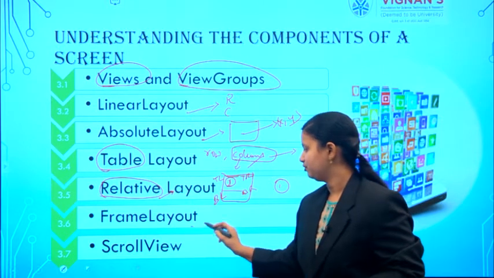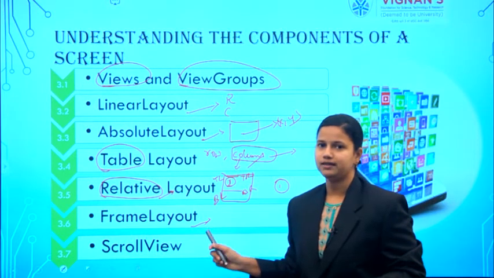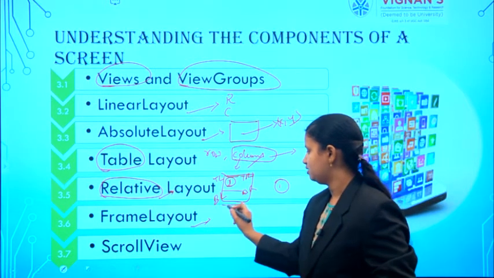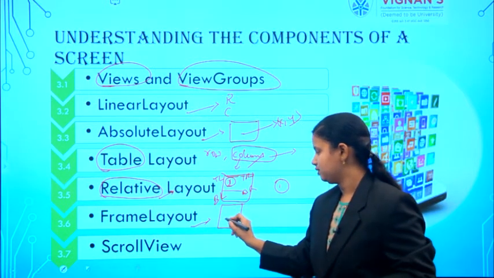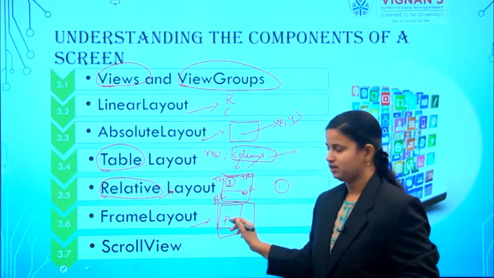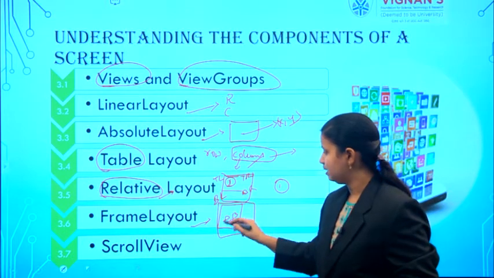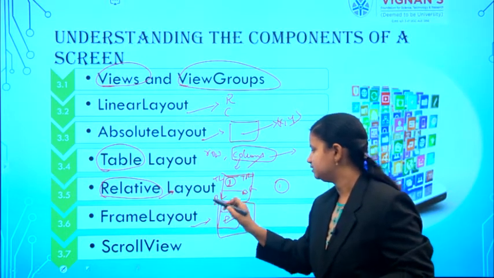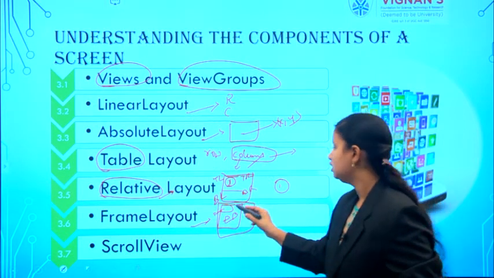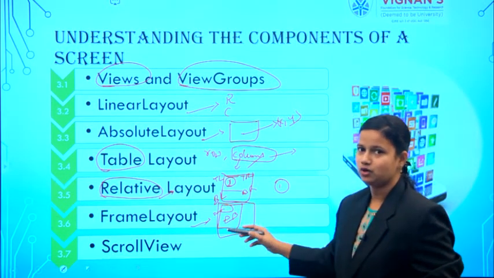And the next one is frame layout. What is this frame layout? We are seeing different views, but the arrangement of the views is in the form of a layout format. That means it is called a placeholder. If you are adding a picture, the picture is arranged at the top left. It will start from the top left. But if you want to add another button, that button is to be placed on top of the picture, and the button will also start from the top left position of the picture. That means it is in a layered format. The group of elements are arranged in layers.